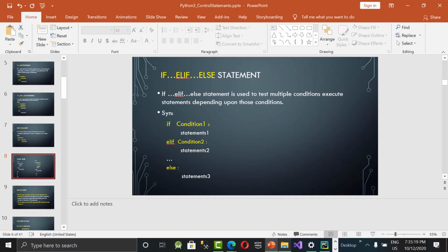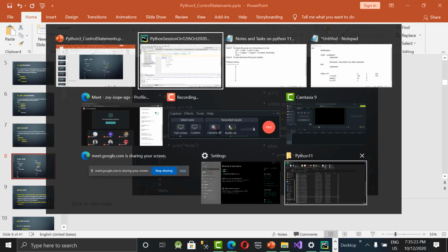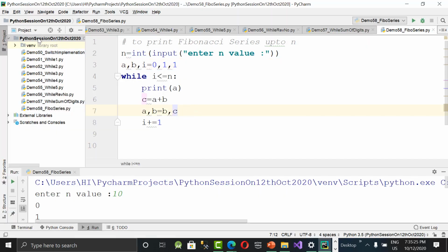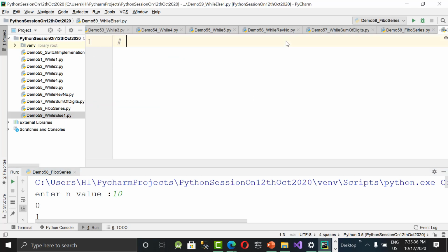So what I'm saying here: a equal to 1, while a less than or equal to 5, print the value. Then a plus equal to 1, and here I said else, colon, print hello, some message.